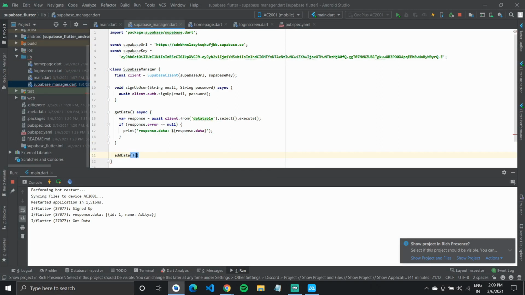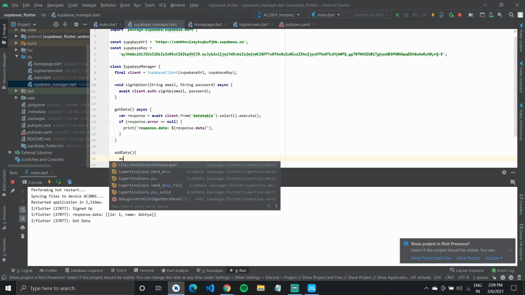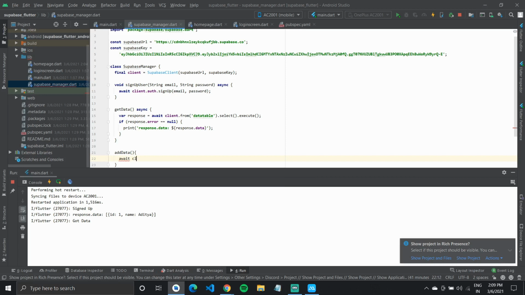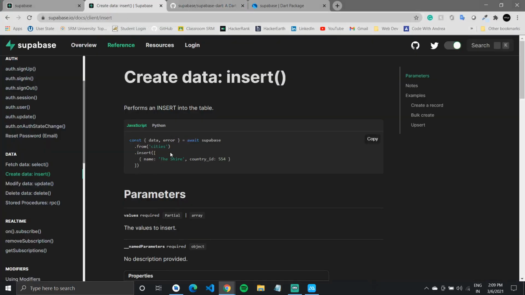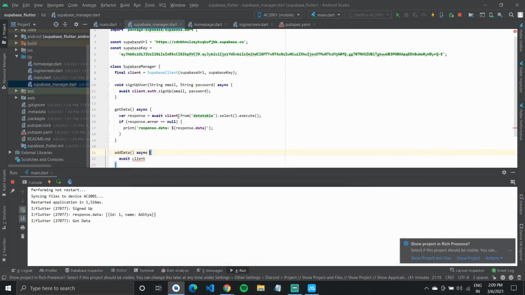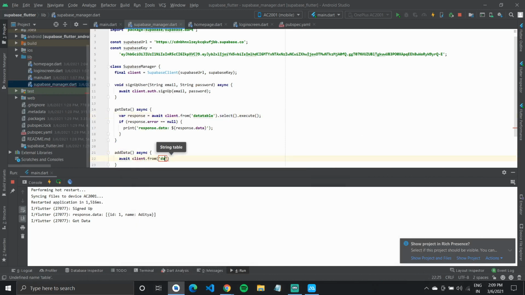I'll await client, make this function async, using the same client dot from data table dot insert. So I will give it some value.